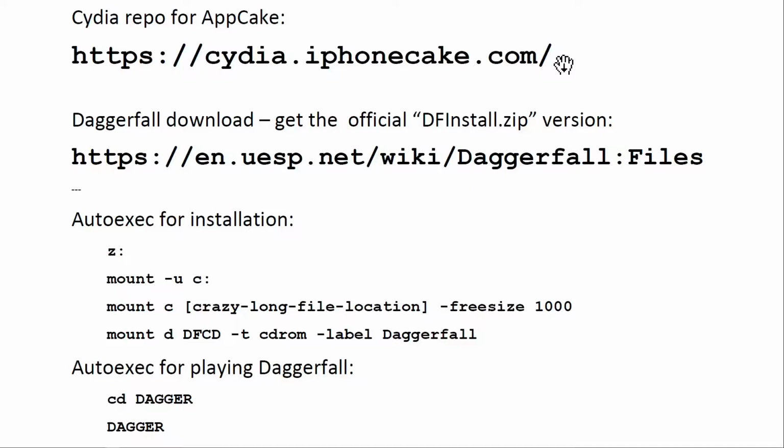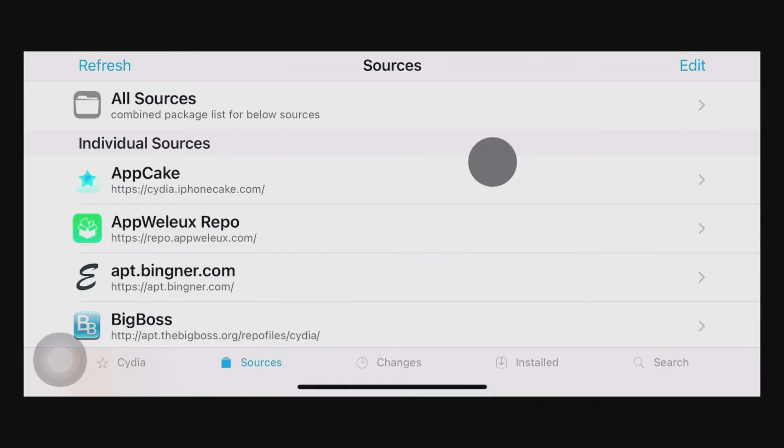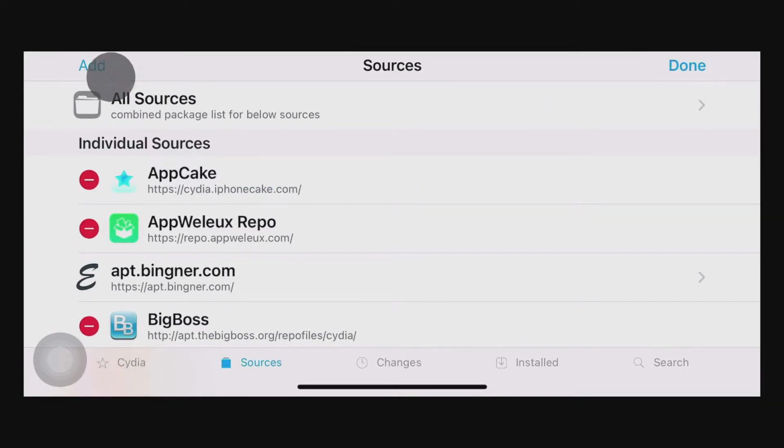So first things first, let's get iDOS. One way to do it is to get AppCake, which is a way to download iDOS. So what we need to do first is add the AppCake repo to Cydia. So let's switch over to the iPhone. Let's see. Sources. I have my AppCake repo here, but if you don't, go up to Edit, go to Add,